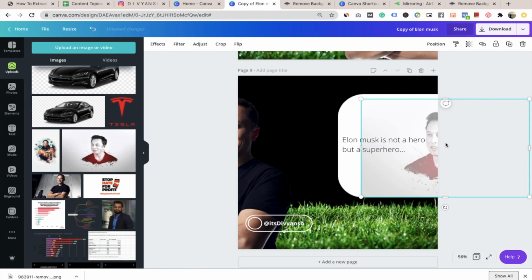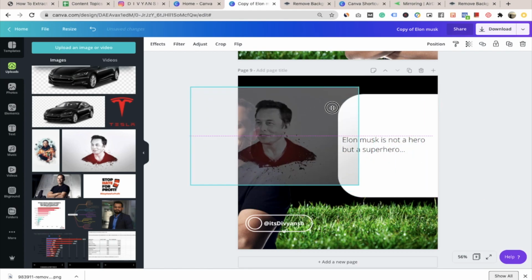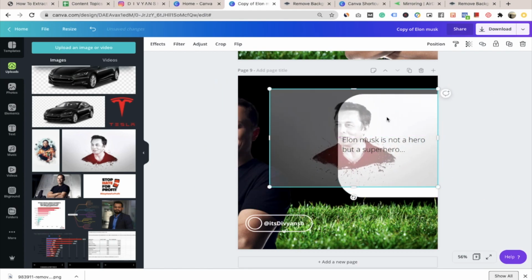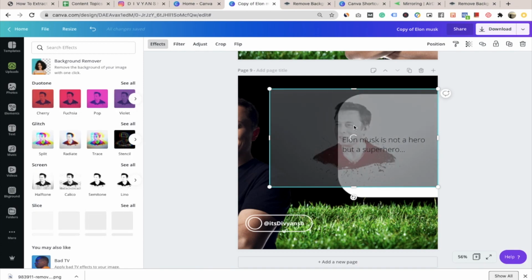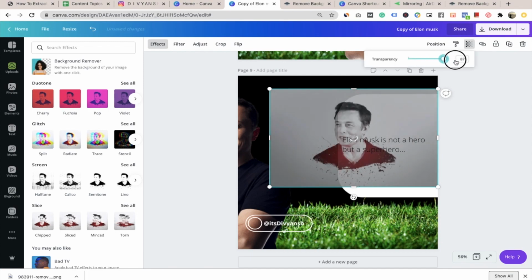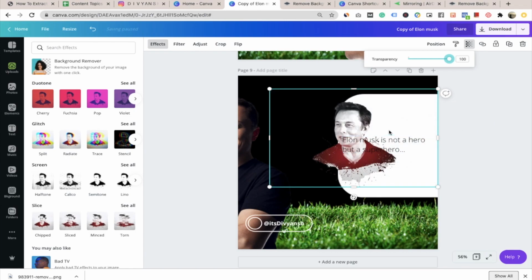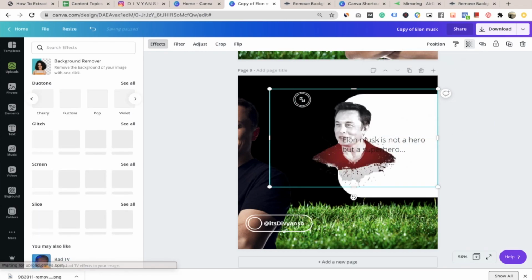Now let's say this is the image, and in this case this background is there. Again, if you want to remove the background, it's pretty simple. Go to remove.bg, and you can copy it from here and paste it over here. Otherwise, I have told you another way. If you are using a premium version, go to effects and quickly click on background remover. It will take a couple of seconds to do it. Okay, I can increase the transparency. So now you can see it has been completely removed.